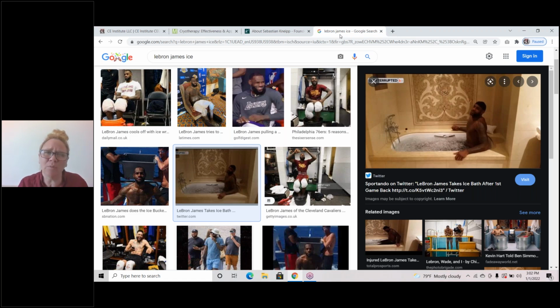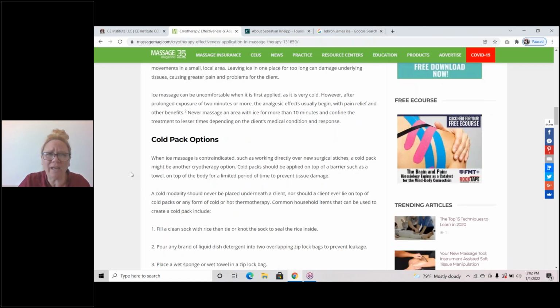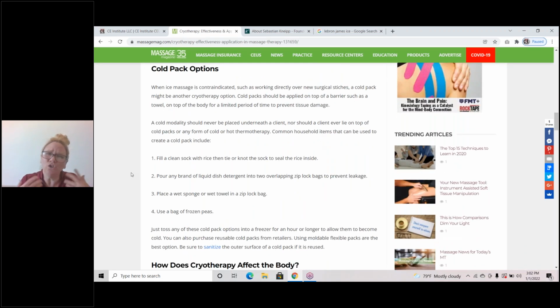And I like doing smaller areas of the body when it comes to cold water baths. And that might be just like a bucket for an ankle or a foot or an elbow. And you can either do the ice bath application for it or contrast it back and forth with a warm water bath and an ice bath. Now you can also do cold pack applications, but usually I like to practice either contrast bathing or ice massage